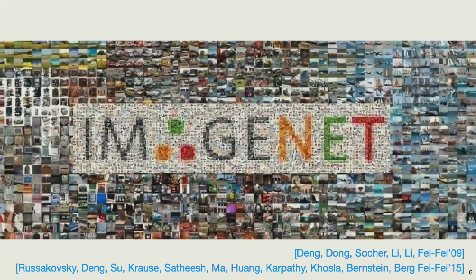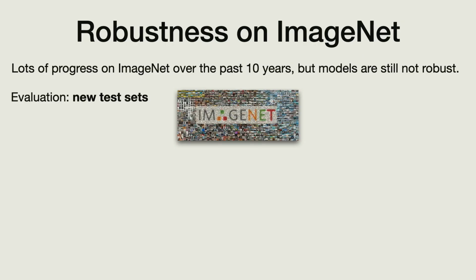Robustness landscape in computer vision. And I think a good starting point there is always Imagenet. Obviously, everyone knows Imagenet by now. We've made lots of progress over the past 10 years. On Imagenet, by some measure now, the current models have surpassed human-level performance. Take this with a grain of salt, but I think no one would argue with the fact that the models have gotten a lot better by using convolutional networks and nowadays also vision transformers.